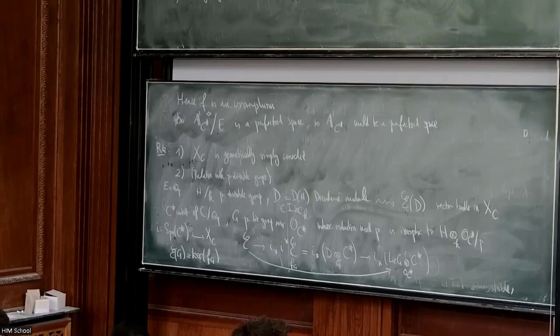So now we have some understanding of what happens over a geometric point. And in chapter 2 of Fargues-Scholze, you will see also many statements about families of vector bundles. So families means just that I'm looking at vector bundles on the Fargues-Fontaine curve X_S for some perfectoid space S, which is not a geometric point. I don't have much time left, so let me just focus on one specific statement, because once again,